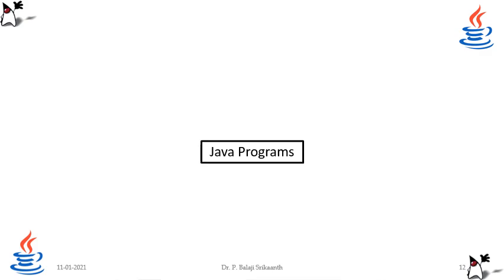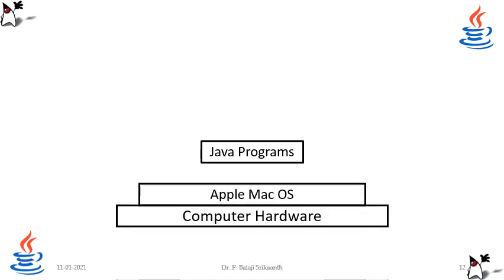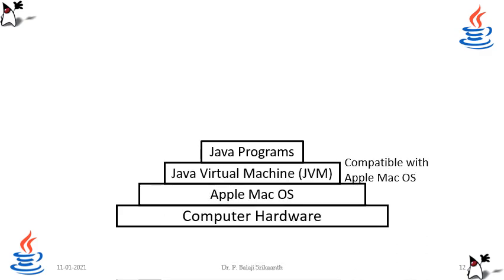Again, I'll change to another operating system. The computer hardware changes. For it, the Apple Mac OS is installed on top of it, and the Java virtual machine, which is compatible with Apple Macintosh, is brought into place. Therefore there is no necessity for the Java programs to be recompiled, nor any chance of rewriting the